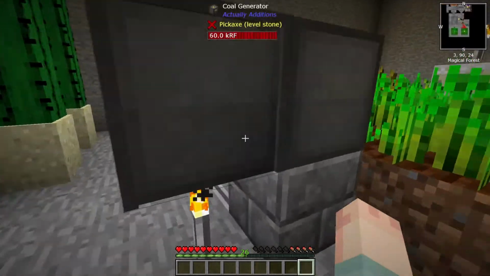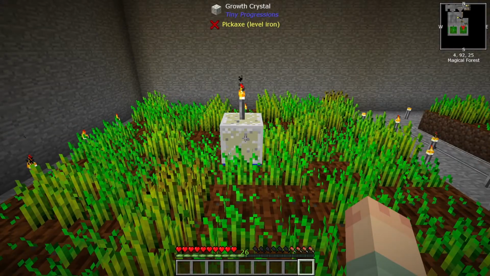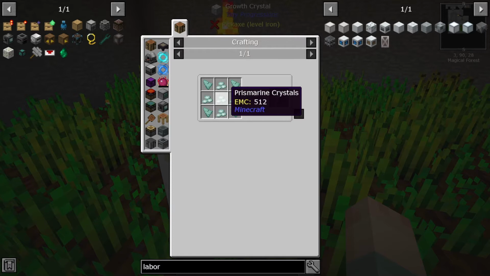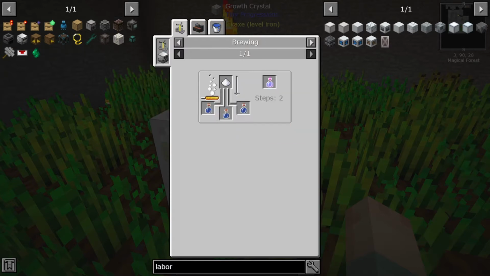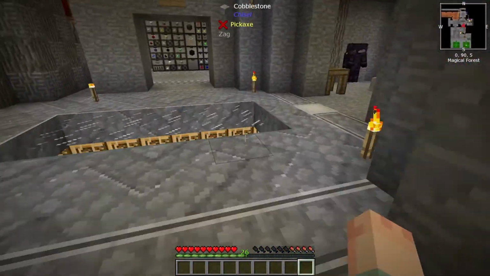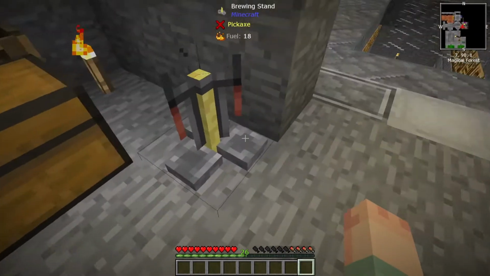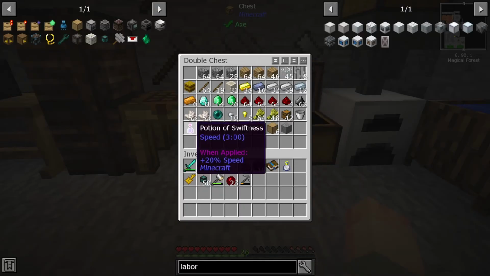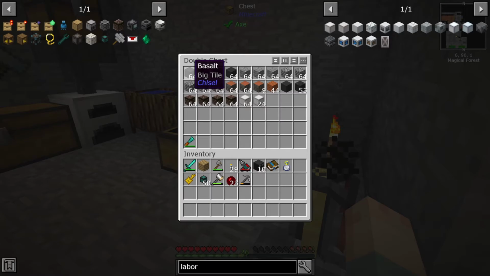I also went ahead and made one growth crystal. It was, well, it wasn't that bad of a process. We are now making prismarine crystals and prismarine shards thanks to our little chicken friends. And the potions I brewed up in between as well. If we look here, here is our little brewing stand. And we have one potion of swiftness left. I say we go ahead and